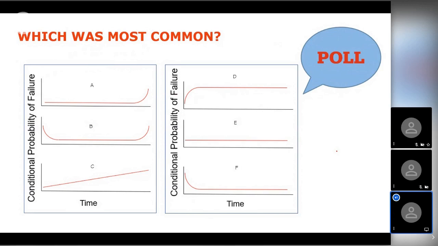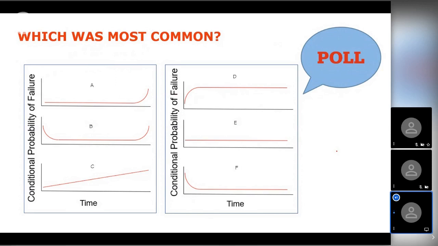So almost think of a light bulb. You don't know whether that first time you're going to turn the light bulb on, it's going to work. Maybe it will. Maybe 1,000 hours later, you still don't know whether it's going to work or not work. So it's pretty hard to tell what the lifetime of some of these equipment is. And then F, high probability at the start of its life and then less after that.